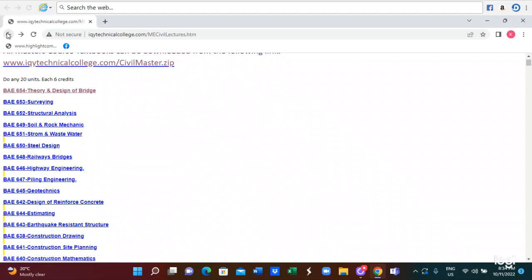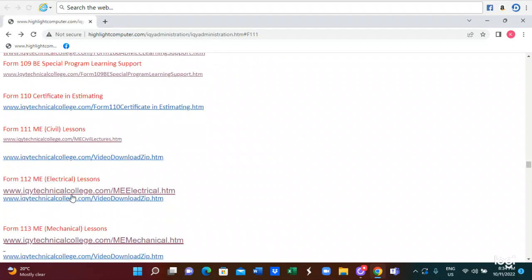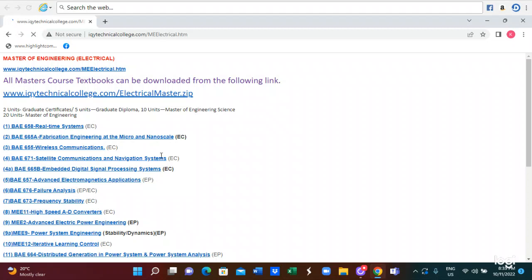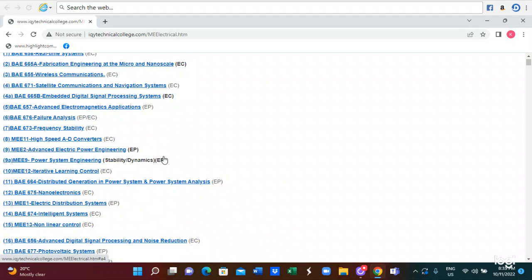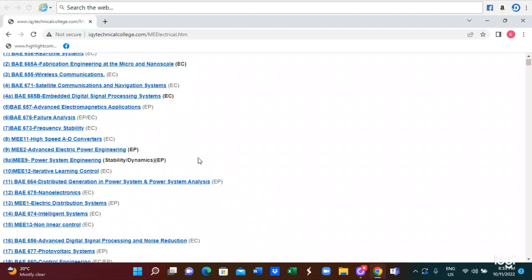Similarly, if you are doing the master of engineering electrical, this is for the master of engineering electrical lesson. The assessment procedure is similar. Those are the master of engineering electrical subjects. The subjects will be real-time system, fabrication engineering at the micro and nano scale, wireless communication, satellite communication and navigation system, embedded digital signal processing system,